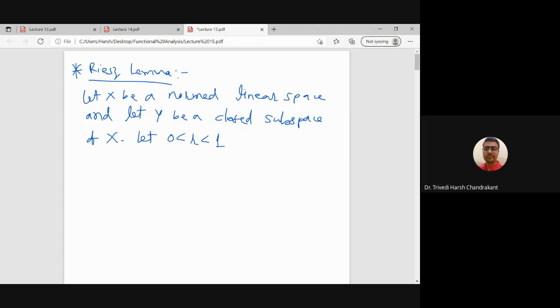Like a geometric series. So whenever we have a number between 0 and 1, you can find a vector xr in X such that xr is on the unit sphere. Unit sphere means its norm is 1, right? So in a normed linear space, whenever an element has norm 1, we will say that it is on the unit sphere,